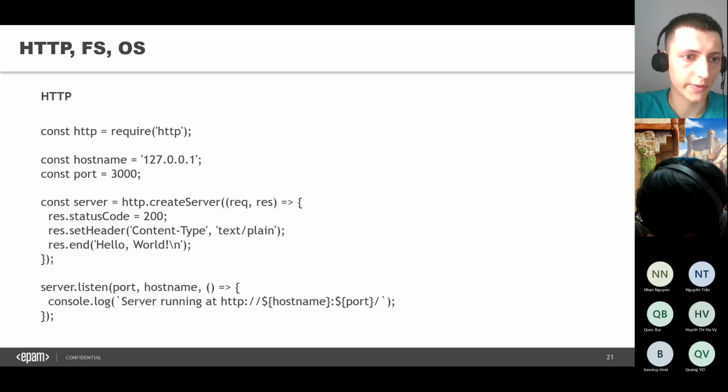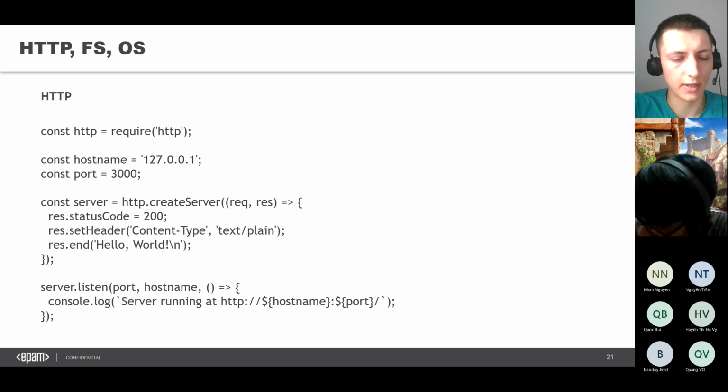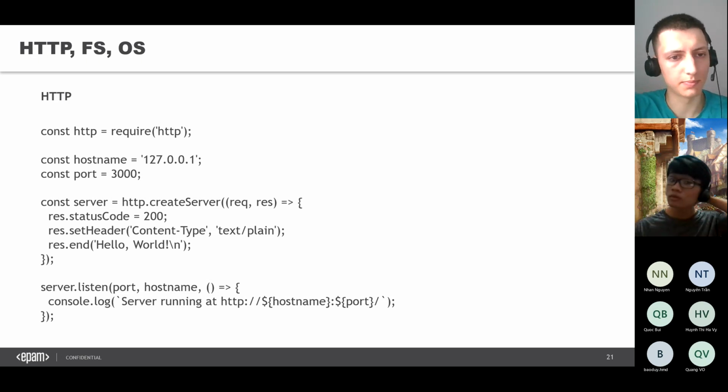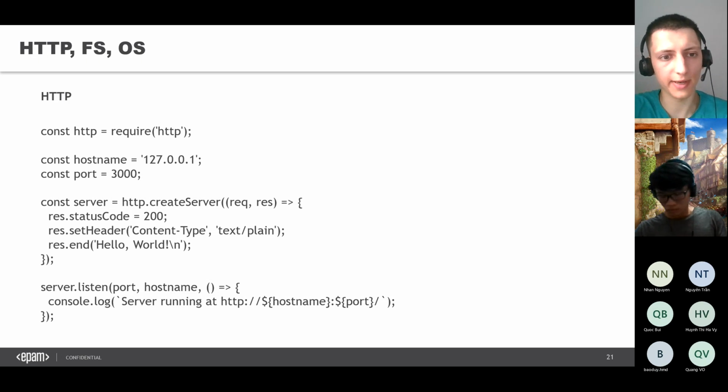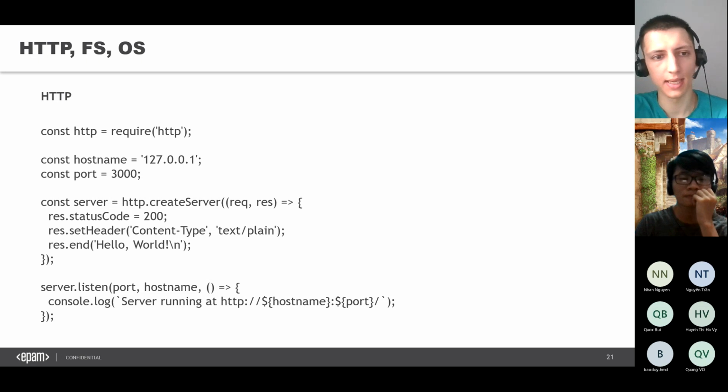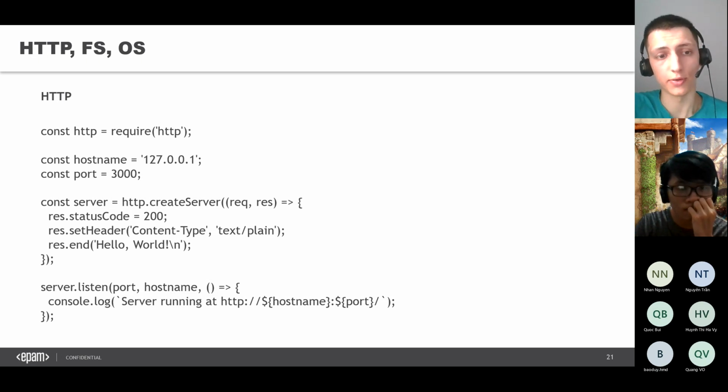Then you create a variable called server, which is the result of http.createServer. Inside createServer, we provide a callback function, and this function will be called when some request comes to your server.